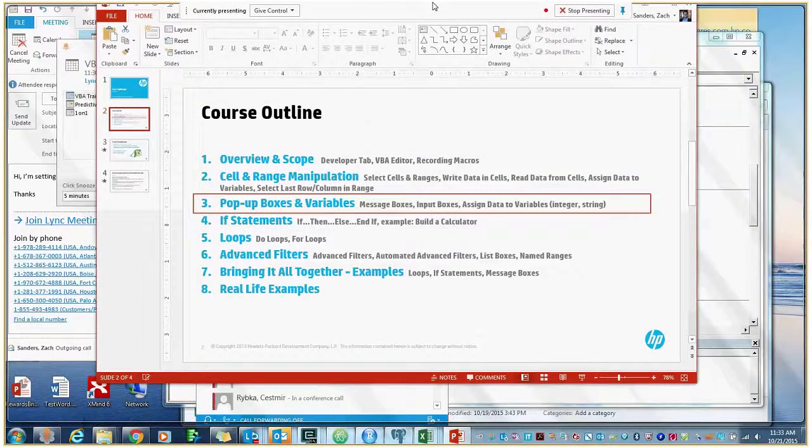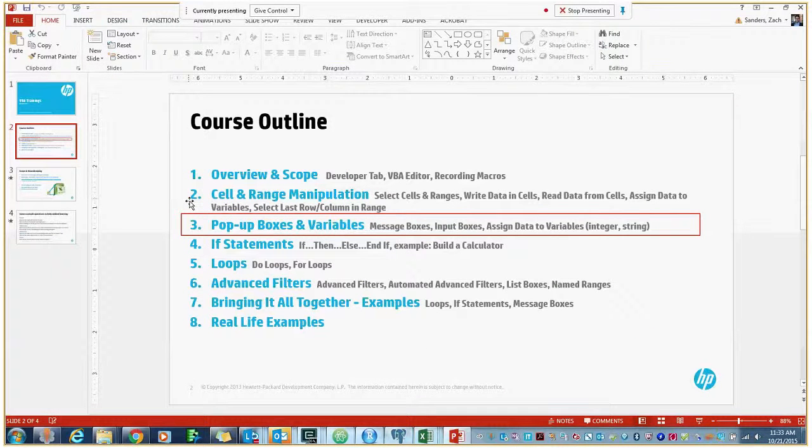All right, so this is the agenda for the day. We'll start by doing a little recap, a refresher of the week two material, so you guys can remember that's the data selection within cells and ranges, writing data into cells and ranges, copying, pasting, that type of material. And then today we're going to get into message boxes and input boxes. So this is what gives a user a bit more interactivity with the code, but without actually being in the code. So you can have pop-up boxes that will let you input